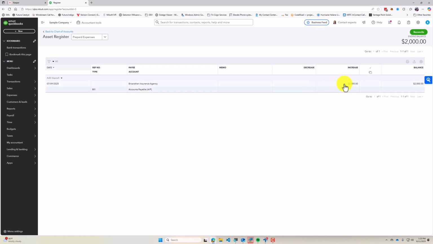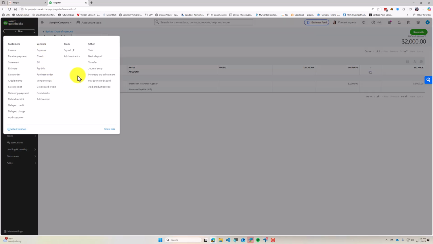So how do we use this? How does this benefit us month to month? Well, basically what we need to do is expense each month. We need to move the percentage out of here into the insurance account, right? Into an actual expense account. So the way we do that, we can go up here and go to new and journal entry,